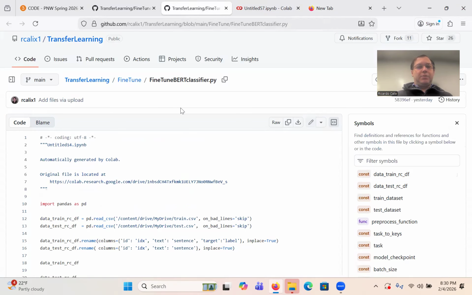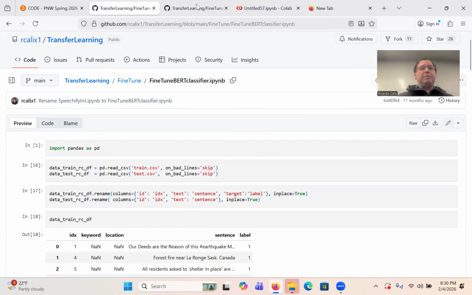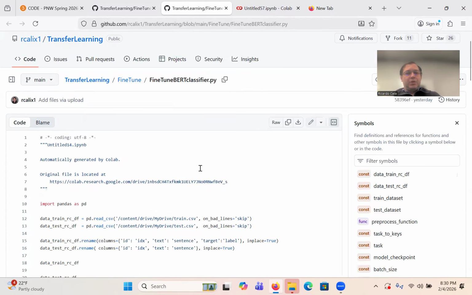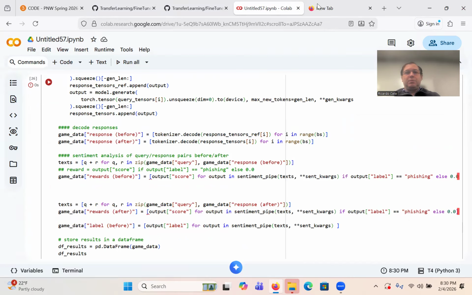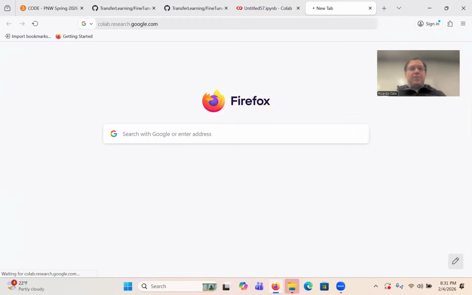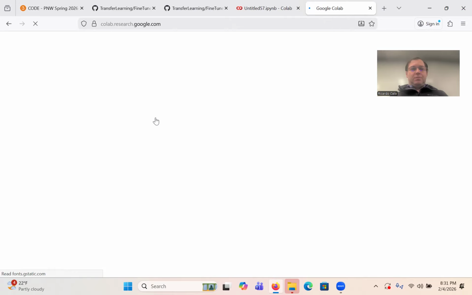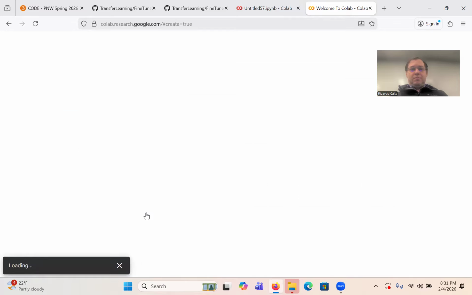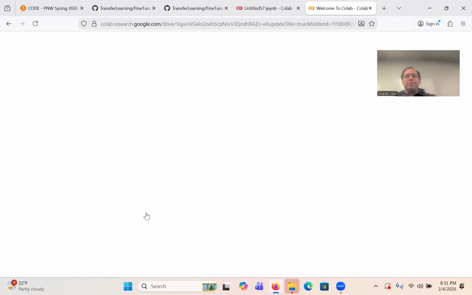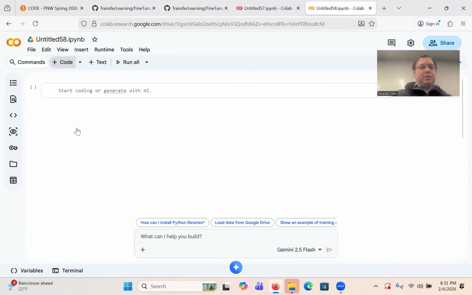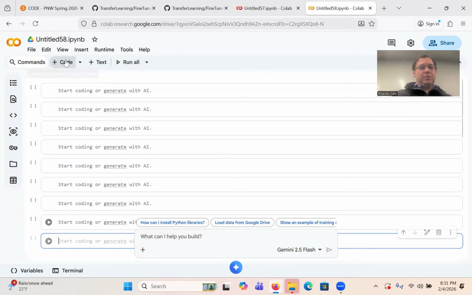Okay. So here, as I was saying, we're going to train a BERT model to be a classifier. Okay. So we need to bring in Colab again. All right, so let's add code scripts there.